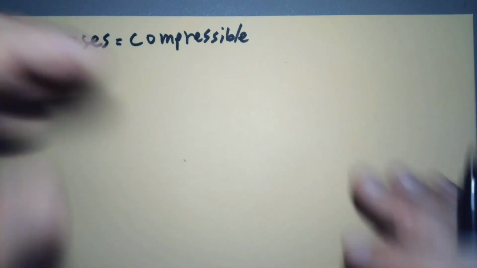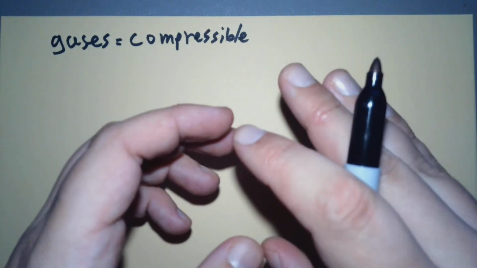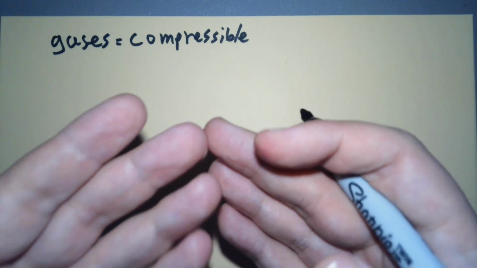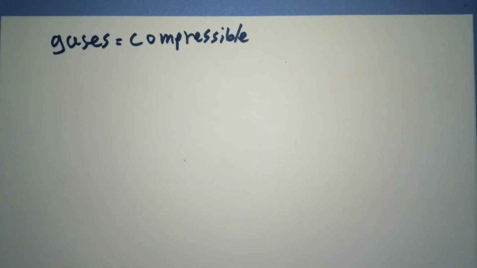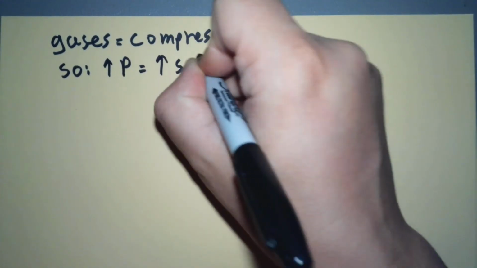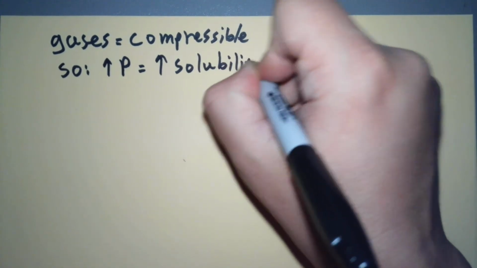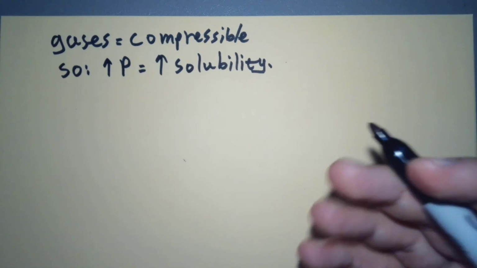And that's how you carbonate a beverage: you hit it with really high pressure CO2, and it dissolves in, and then you cap it, and it can't escape. And if it does, it pressurizes at the top and starts to dissolve again. So that's why keeping a cap on will keep it carbonated, if it's a soda or something. So increasing pressure equals increasing solubility for all the reasons I just talked about. In addition, we can model this with Henry's law.